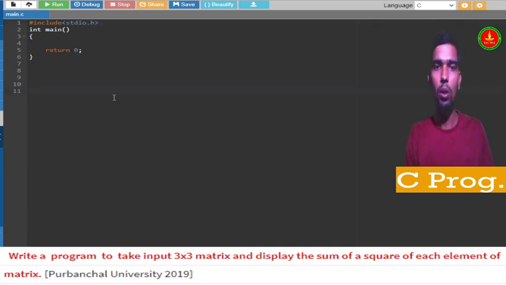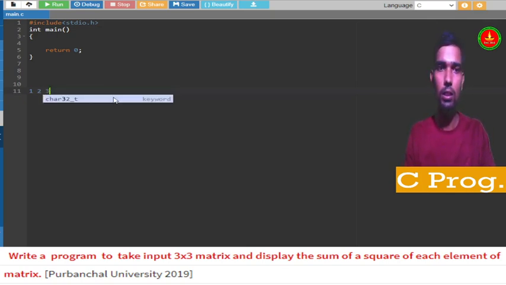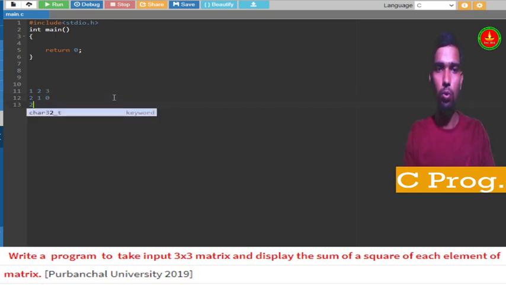Okay guys, so take the 3 by 3 matrix: 1 2 3, 2 1 0, 2 3 1.